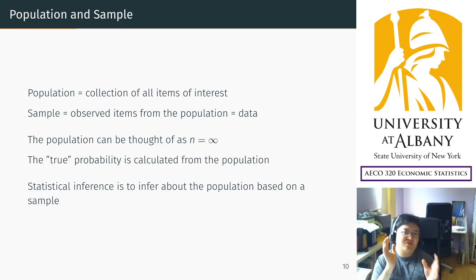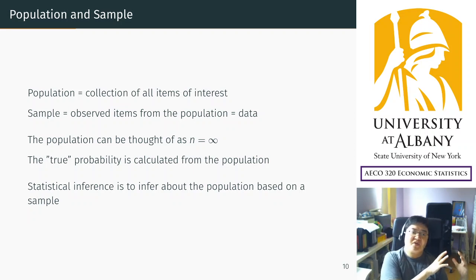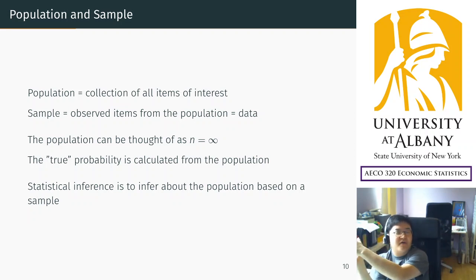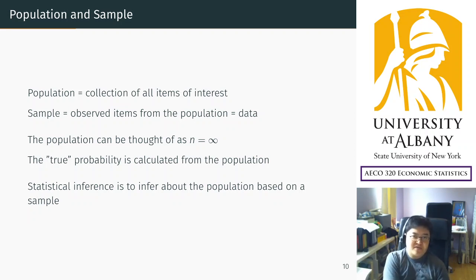So we would like to know the population, but it is not approachable. It's not available. On the other hand, we have a finite number of observations in our data. That's the sample we have. Then using the sample, can we guess the infinite world, the limit of infinity? That's inference, and it takes maybe more than a month to get to the inference chapters.